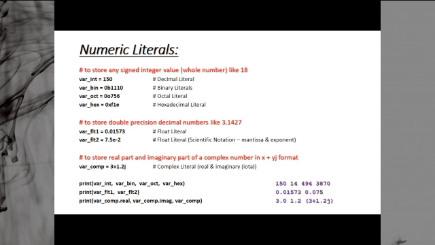And then this is scientific notation. The number is divided into two parts. The first part is known as mantissa and the second part is known as exponent. Mantissa is a real, fractional number, and exponent is an integer, and in between them we have a small e or capital E. This means 10 to the power, like 7.5 into 10 to the power minus 2. Then we have the complex number, the real part and then the imaginary part. The imaginary part is always suffixed with j, x plus yj.